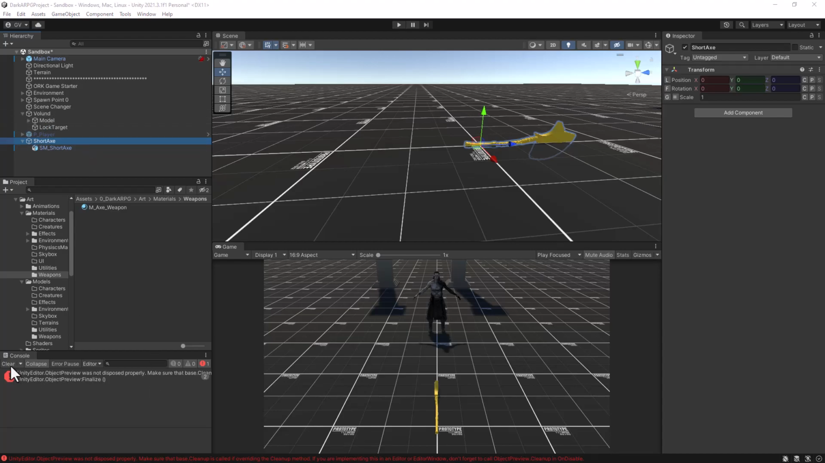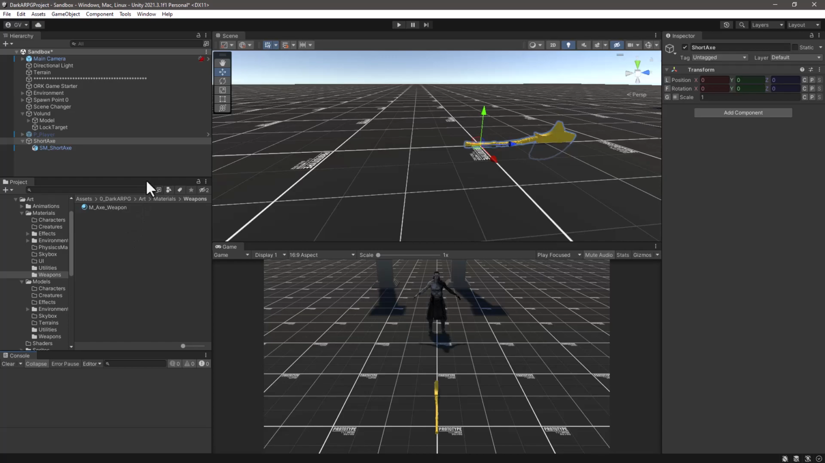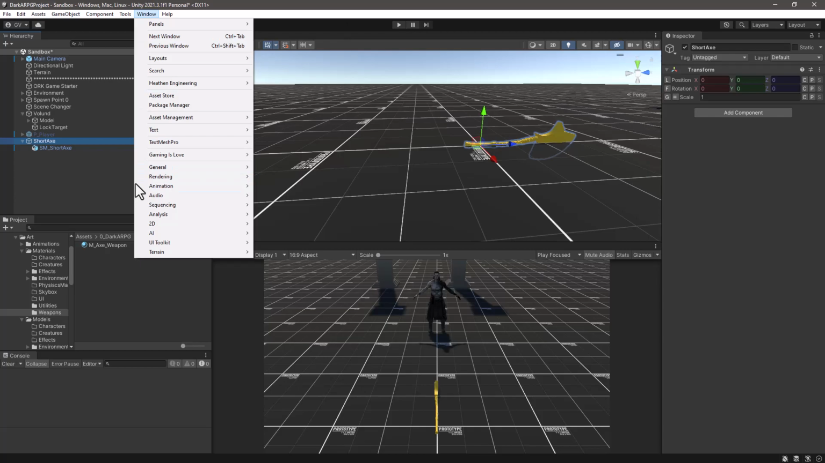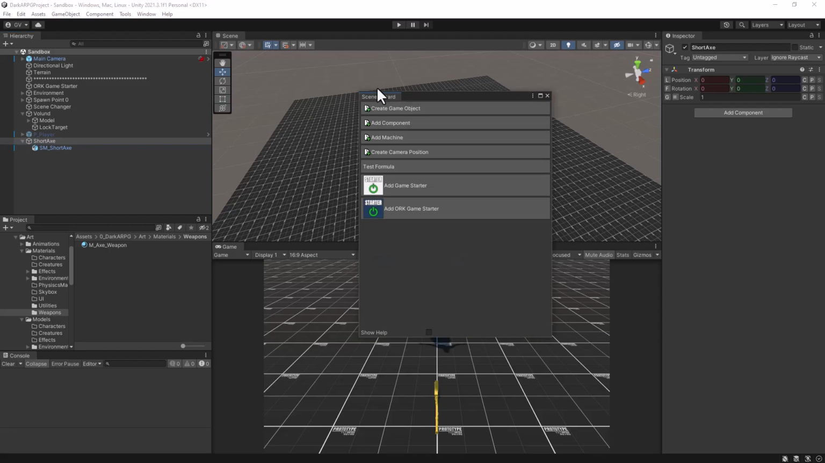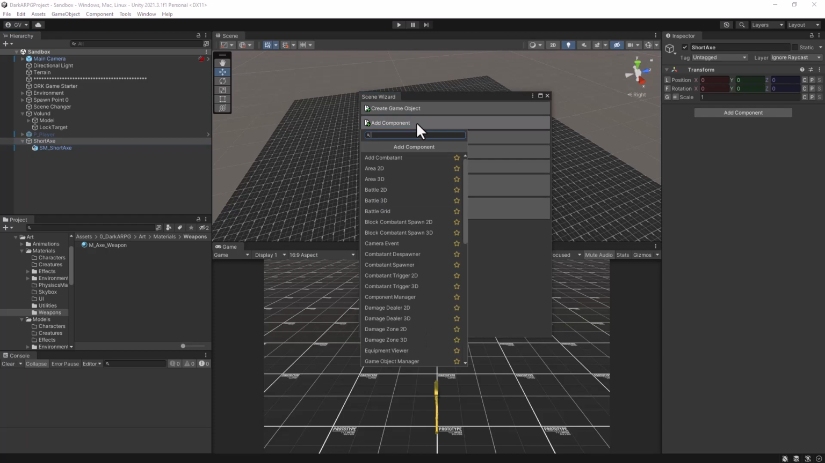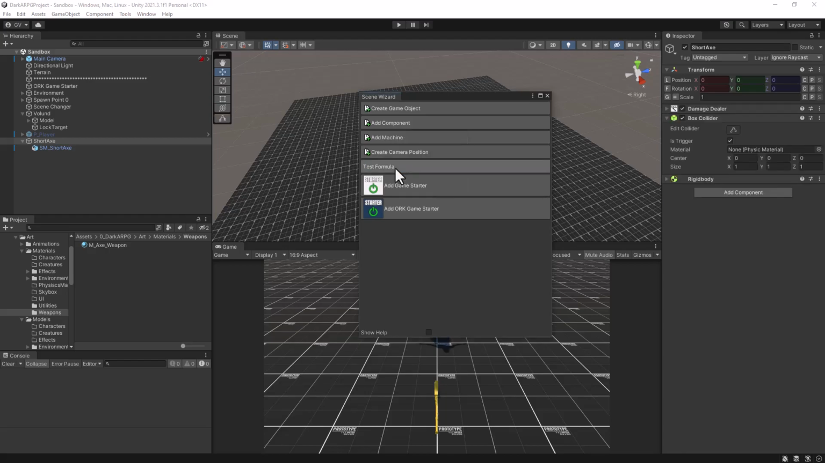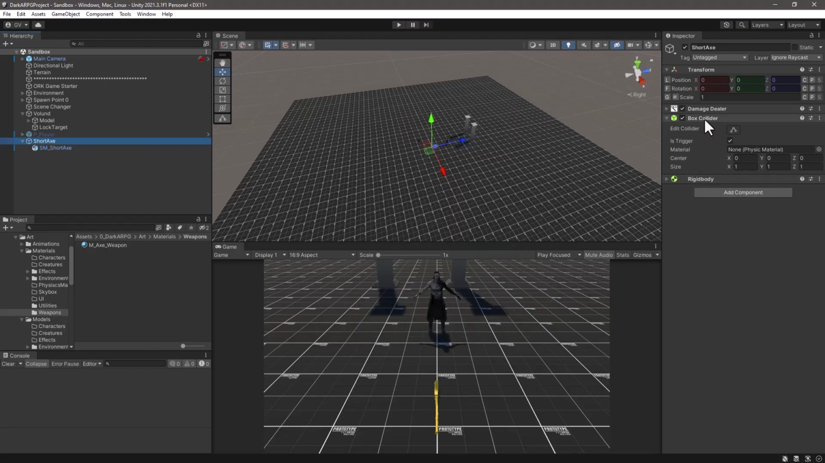And let me get rid of this Unity editor error. Okay, now we need to add to this game object, the parent short axe, a damage dealer. So we can either go to Gameslove Machinum Scene Wizard, and by having selected the game object we can go to Add Component and search for Damage Dealer, and we need to choose the Damage Dealer 3D. There we go. So it will add for us a rigid body and a box collider,